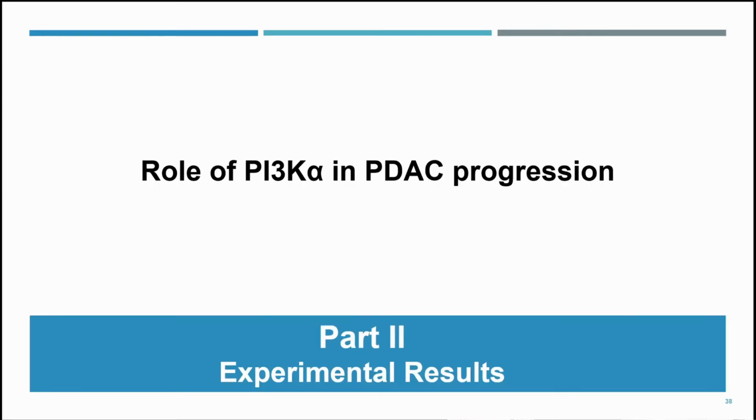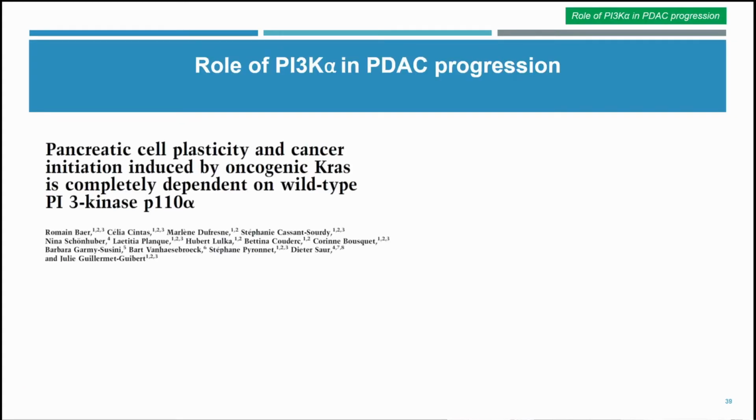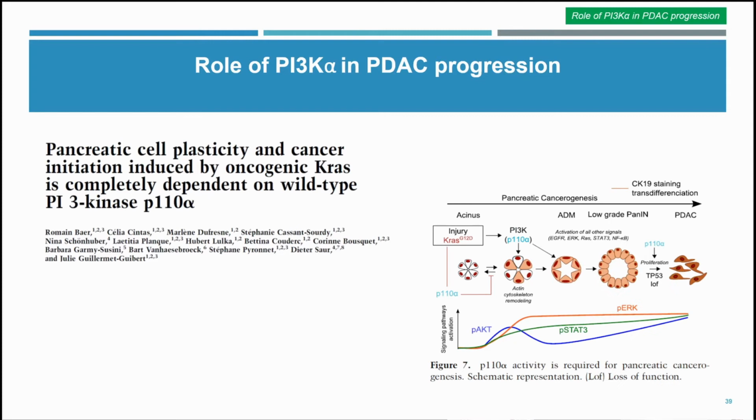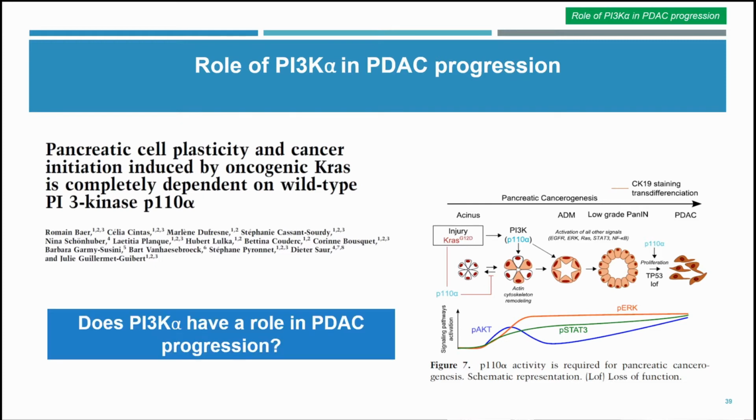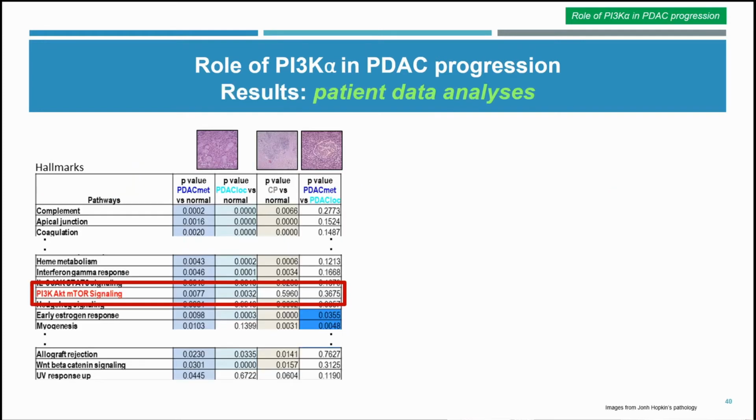Now I will go on describing the results of PI3K alpha in pancreatic cancer progression. This study was based on previous results from the lab that had demonstrated that the PI3K alpha isoform was responsible and crucial for initiating pancreatic carcinogenesis. Now, we wanted to know if this same isoform could have a role in pancreatic cancer progression. So the first part of the study consisted of analyzing